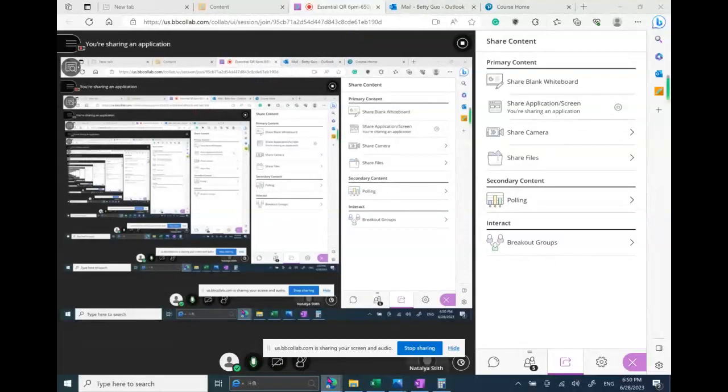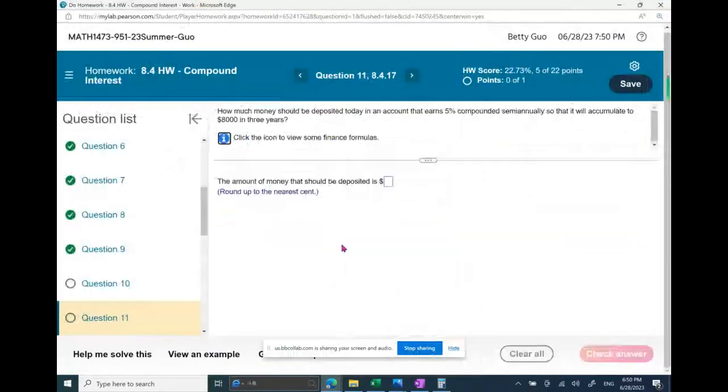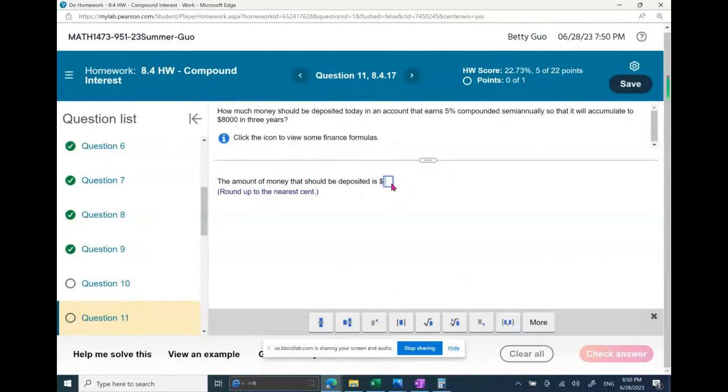Our assignment. So amount of money we need to deposit today, round it up to the nearest cent. Okay, I need to stress this part. Round it up. You need to read the instruction. Why do we need to round it up? If you look at the decimal we got is